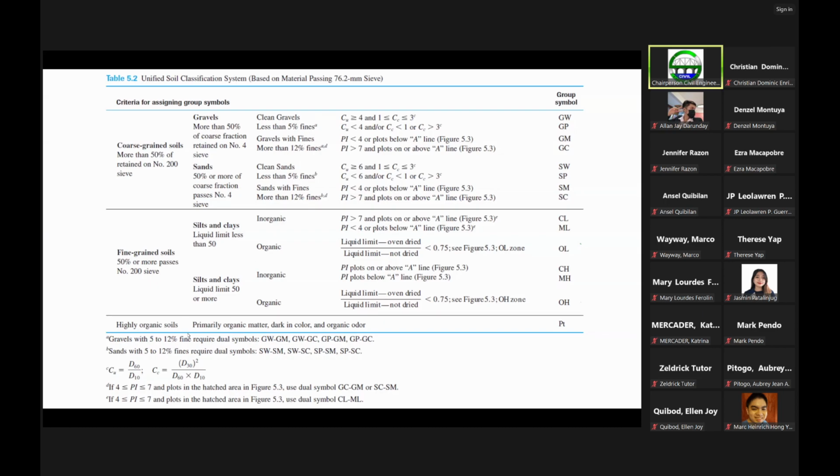Gravels with 5 to 12% fines would require dual symbols, where we pair the two, such as GW-GM or GW-GC or GP-GM or GP-GC. But for gravels with fines, which means more than 12% fines,